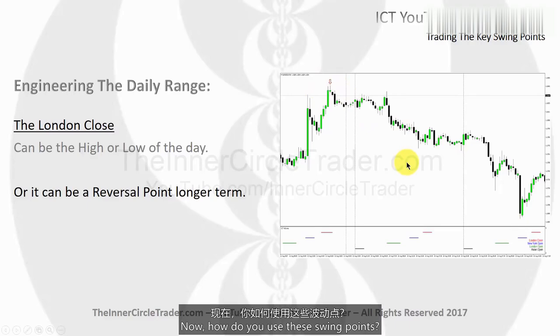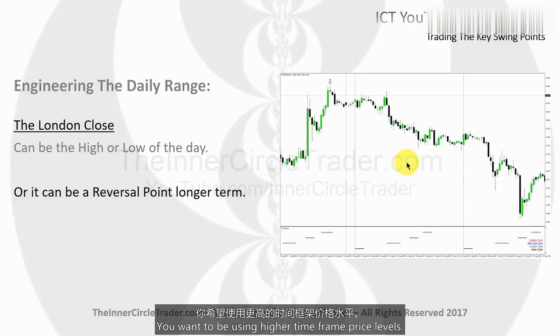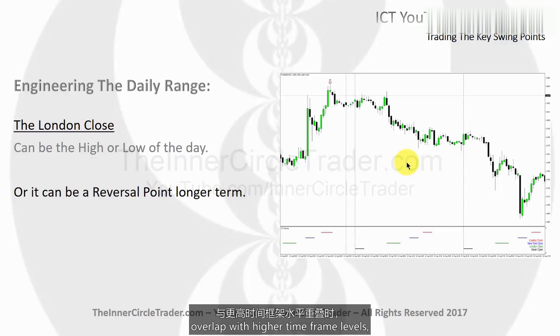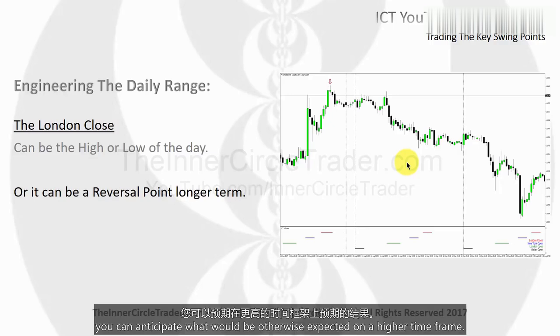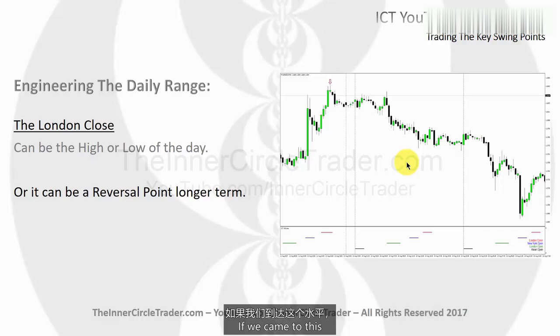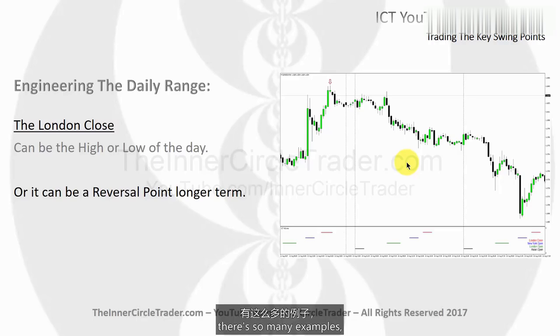Now, how do you use these swing points? You want to be using higher time frame price levels. And when these specific key swing points or time of day overlap with higher time frame levels, you can anticipate what would be otherwise expected on a higher time frame. For instance, if we had a key resistance level that we were watching on a daily time frame, if we came to this level in mind, and we're going to speak hypothetically here